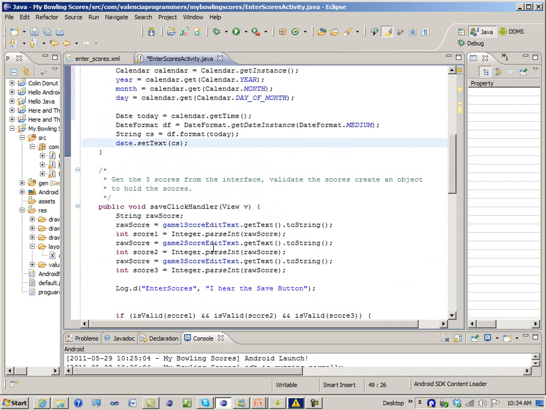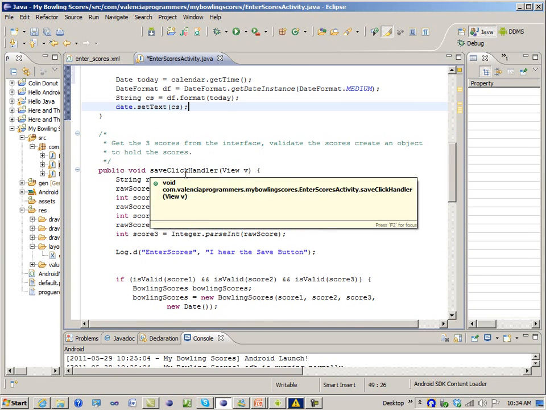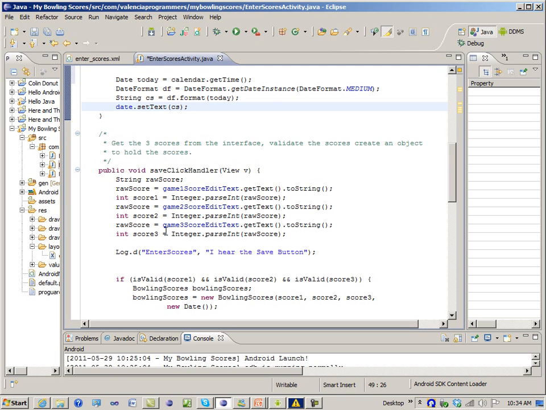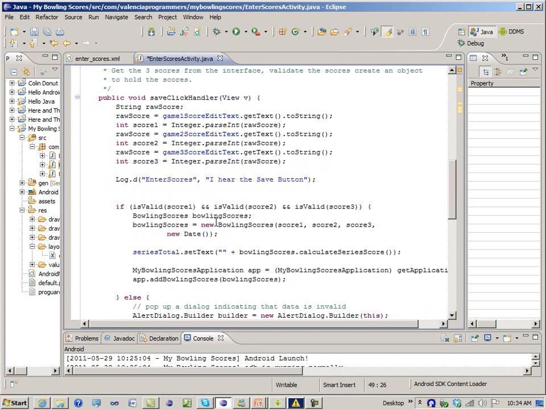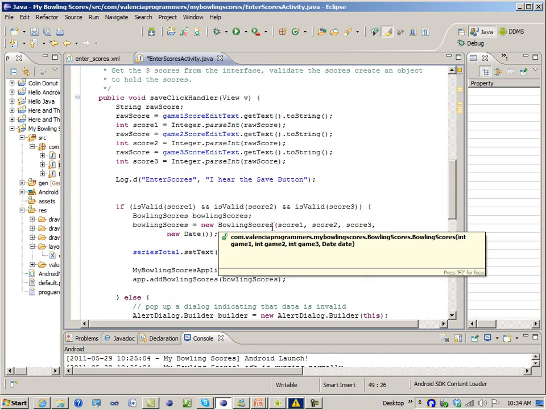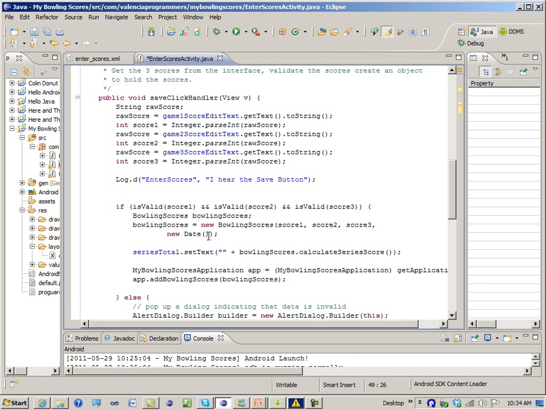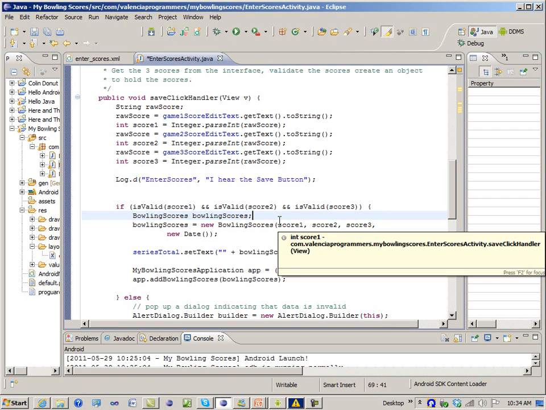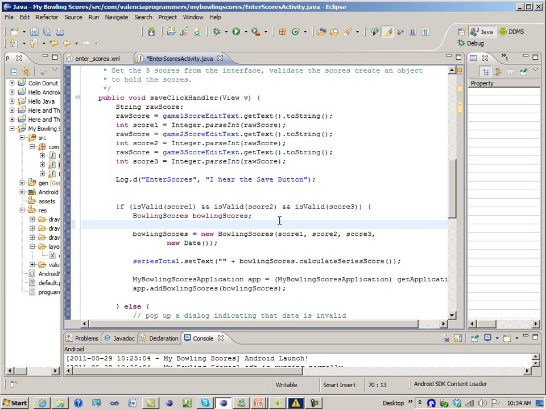Okay, so remember, in the save click handler, when the user enters valid data, that's when we're going to create one of these bowling scores objects, and it has a date in it. So the fields of the bowling scores object are the 3 games, and the date of the games. Well, we decided to just put in today's date, and that's not going to be good enough anymore. Instead of just putting in today's date, we're going to make a date object called dateOfGames,